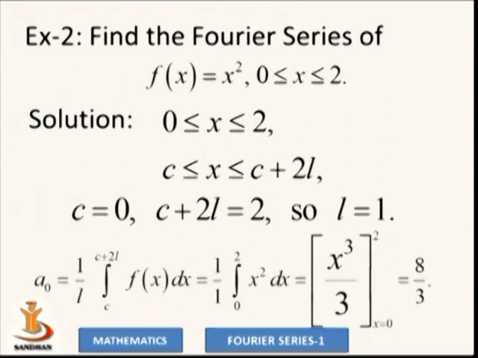Now let's find the constants a0, an and bn. The formula of a0 is 1 by L integration from c to c plus 2L of f of x dx. Put all these values. So L equal to 1, so 1 by 1 integration from 0 to 2 of x square dx. Put the upper limit and lower limit. The integration of x square is x cube by 3, the upper limit is 2, so 2 raised to 3, that is 8 by 3, minus